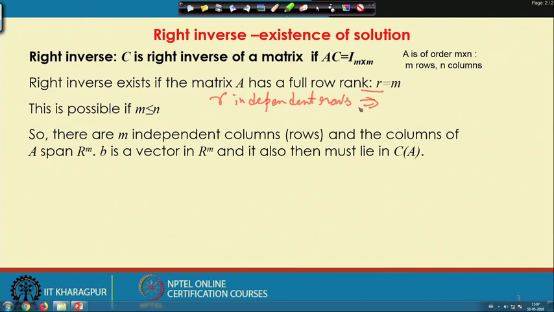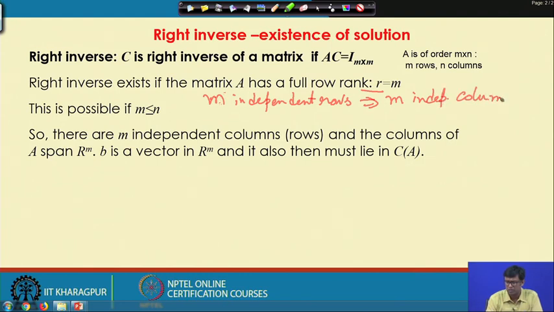That will imply what? The number of independent rows is equal to the number of independent columns. Sorry, not R, this is M. It has M independent rows, so it has M independent columns. So, out of n columns, the matrix has n columns, out of n columns M are